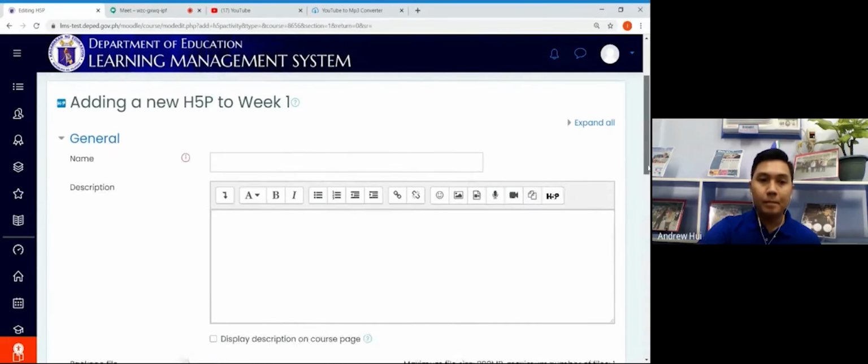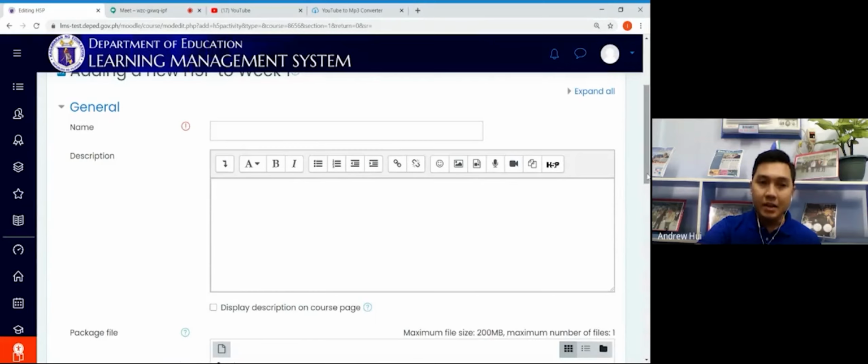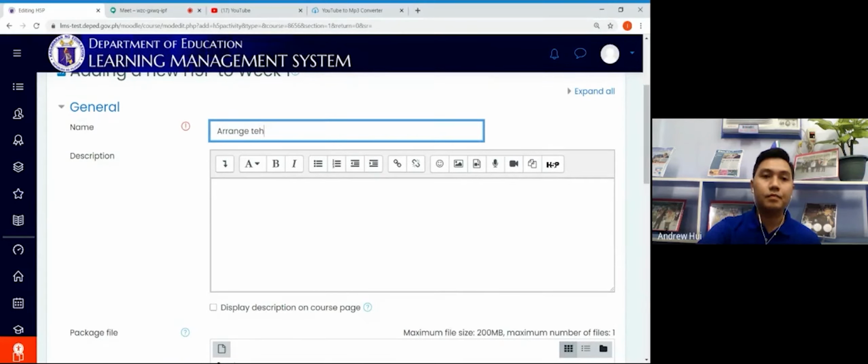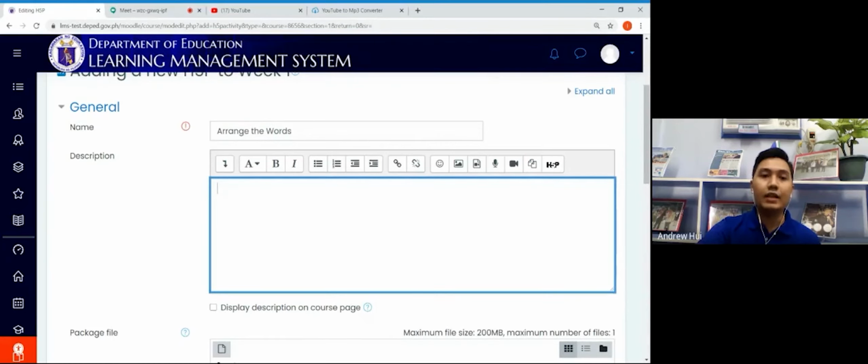And then write the name, arrange the words. Inside the description box, you may write the instructions or the directions of that activity. So you can type there, drag or arrange the words to make a sentence. Once you have completed the description box, scroll down